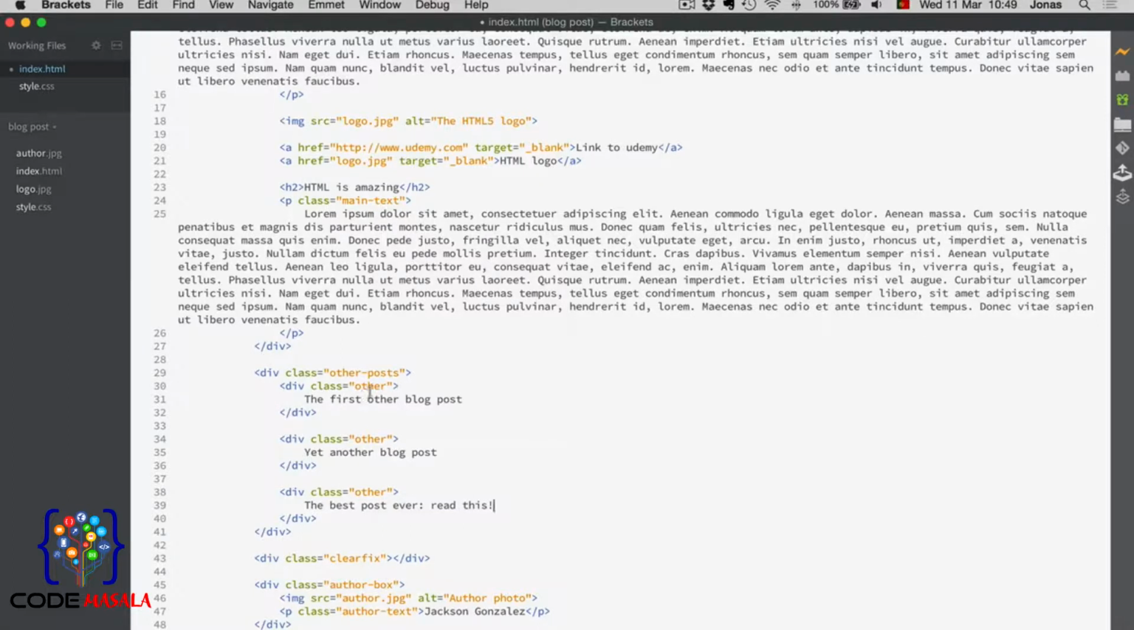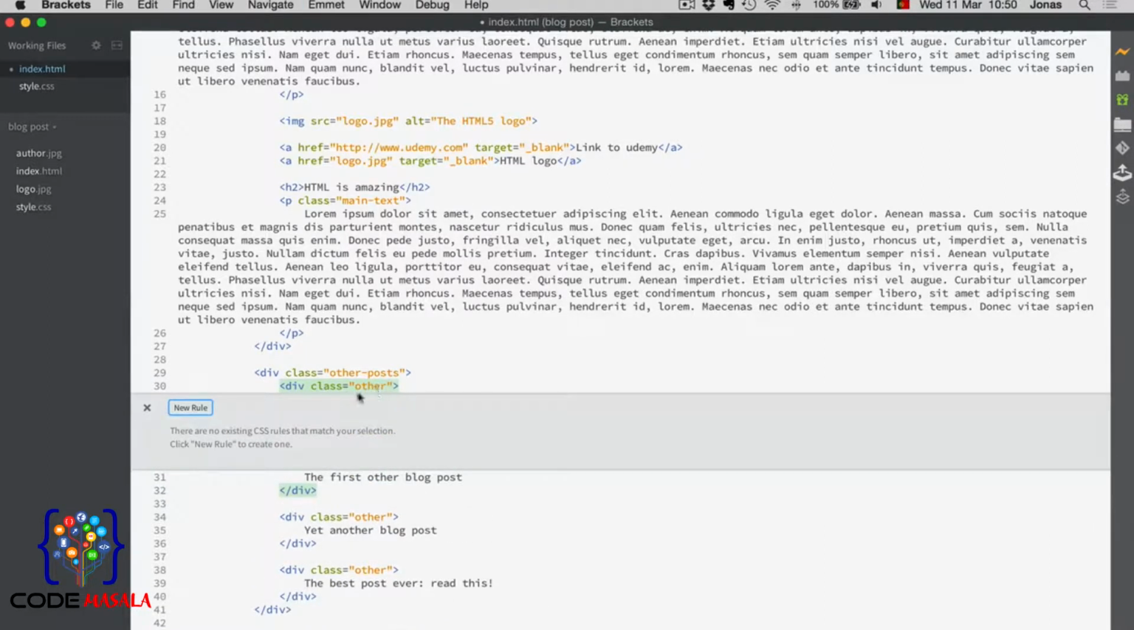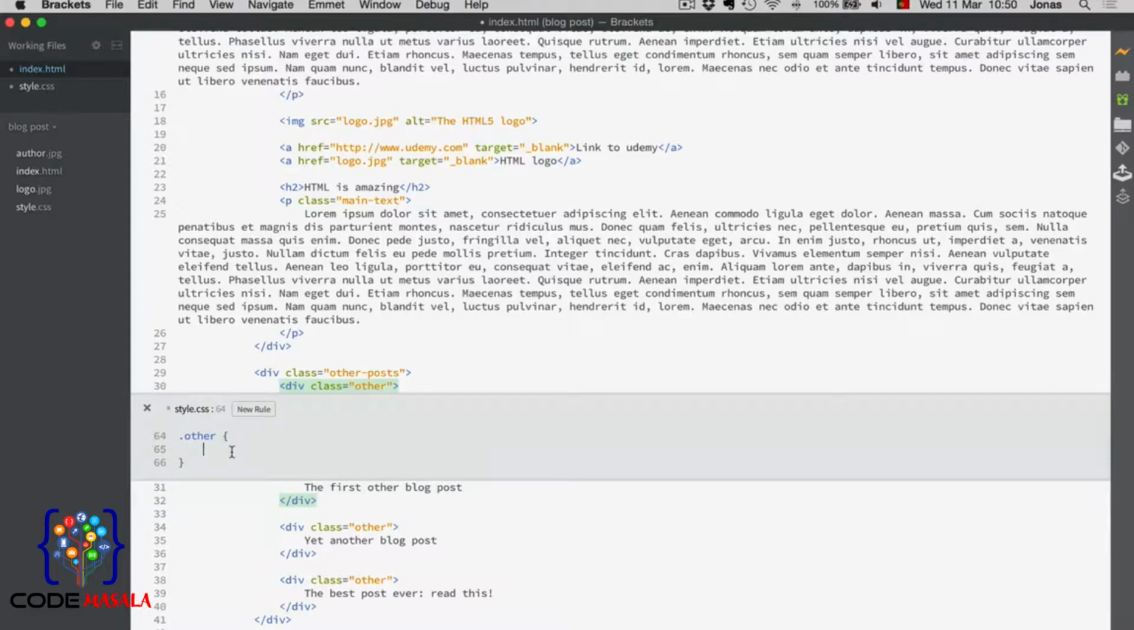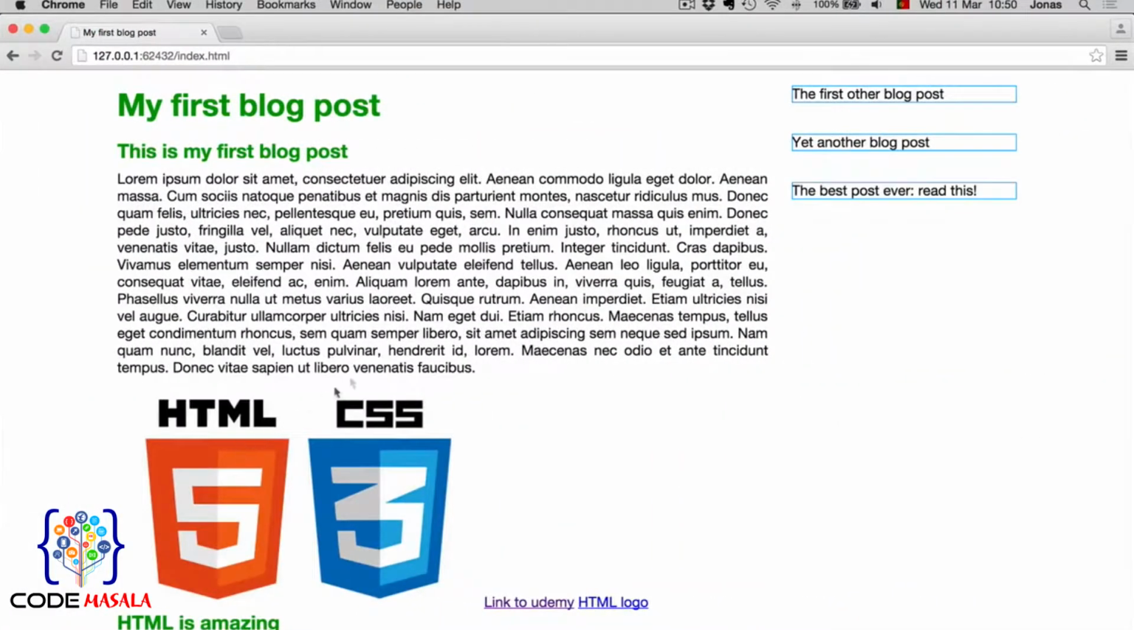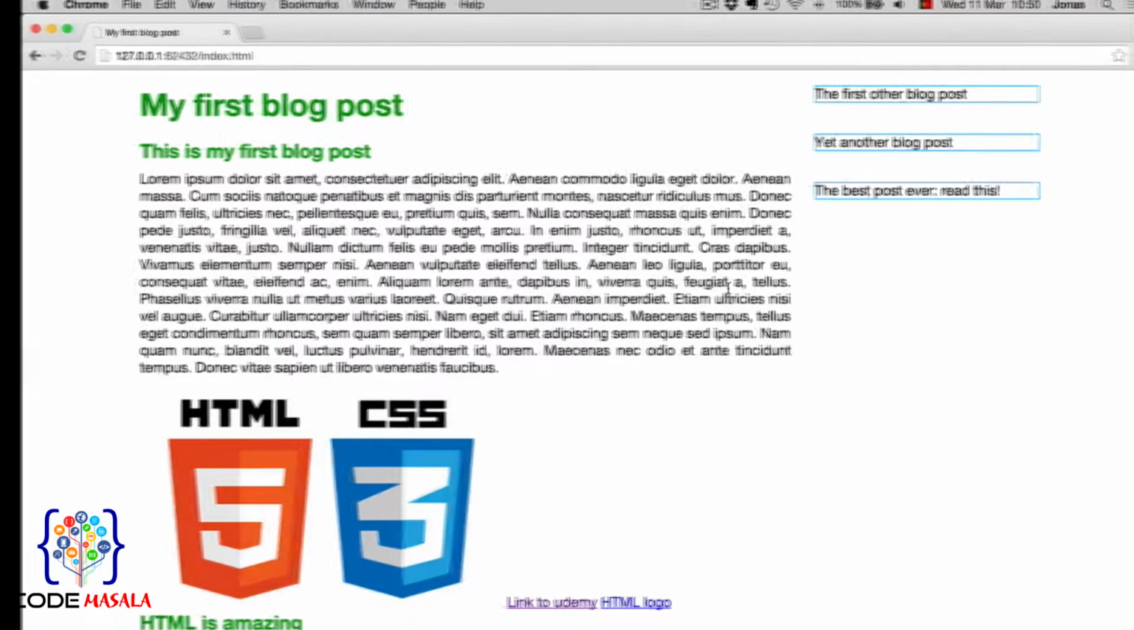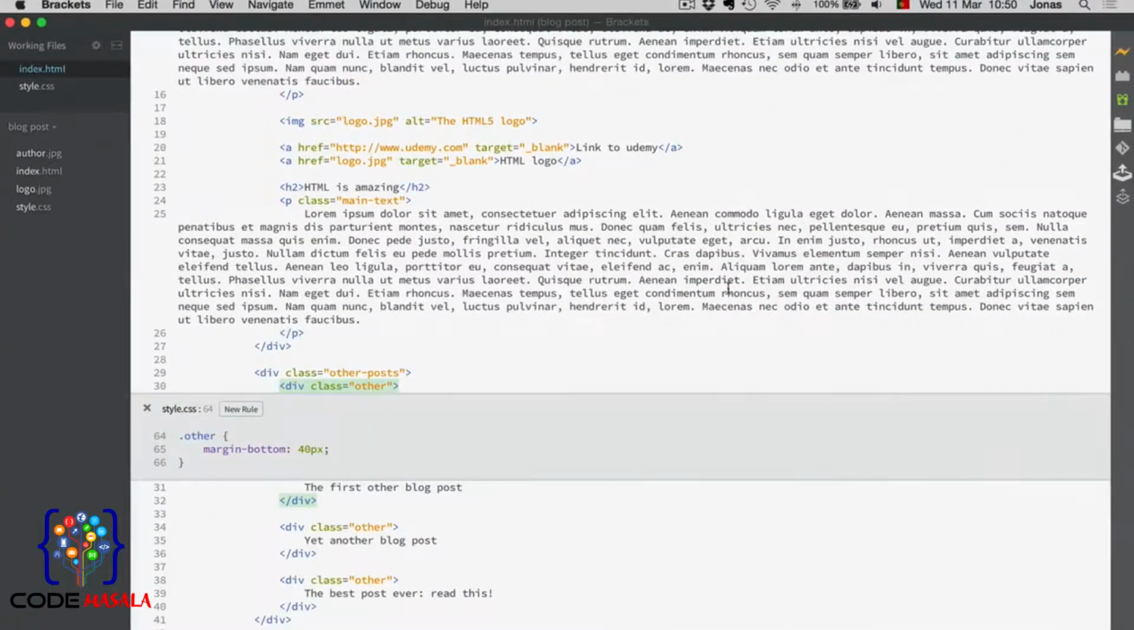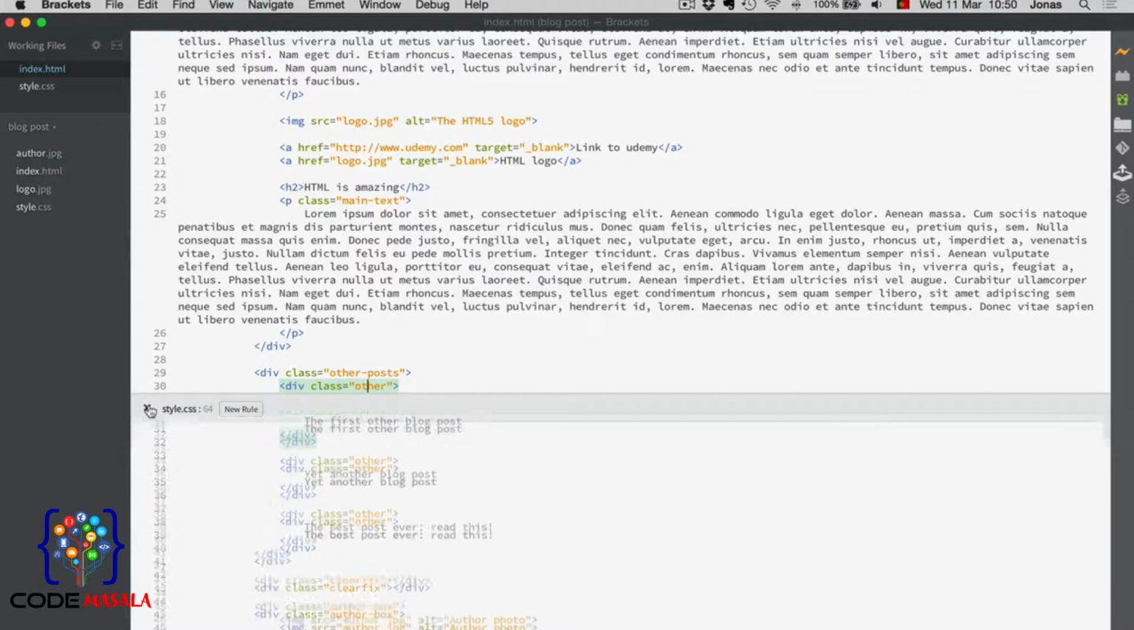Now I just want to format those. So Command E again, and new rule. And let's say we want a margin bottom of 40 pixels, which means a distance between those boxes of 40 pixels. So this is what it looks like. It's not beautiful, but it's there. And the cool thing is we know how to put it there. So let's just close this again,